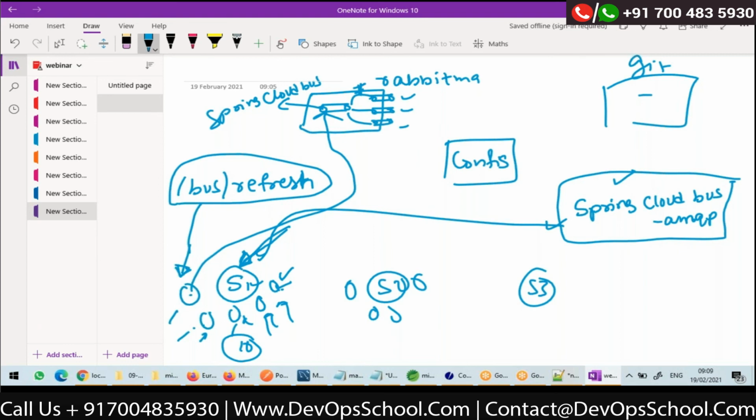So all of them will get a message and they will refresh themselves. So all you need to do is hit /bus/refresh on any one of the instances, and all the other instances will automatically get refreshed.